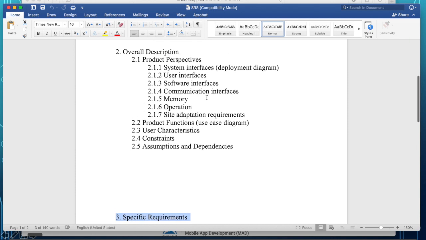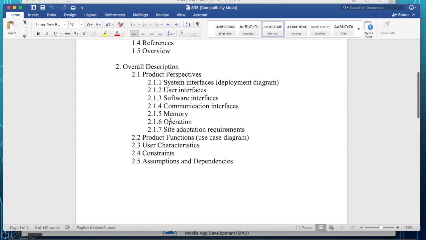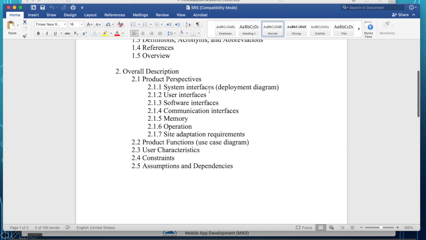All right. So let's look at the first section here, the system interface. The system interface is usually a UML deployment diagram, and that is defining the different systems, hardware and software that you will need to run the software.